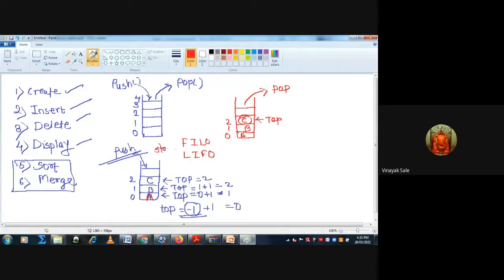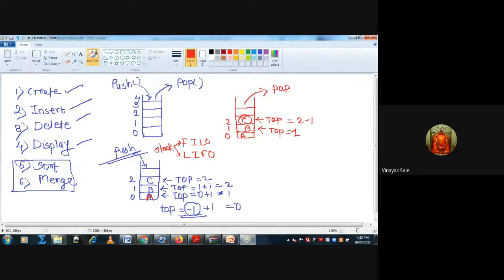The meaning of stack is first in last out or last in first out; the meaning of both is the same. So whenever you remove the last entered element C, top is decremented by 1, that is 2 minus 1. Now top is at the first position.